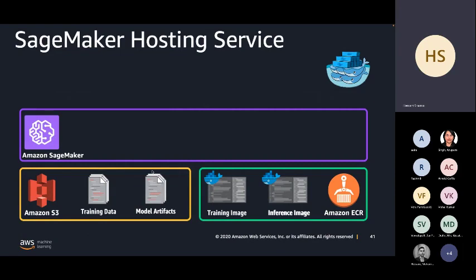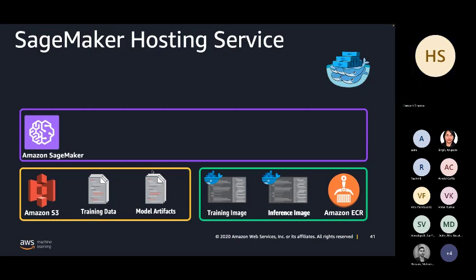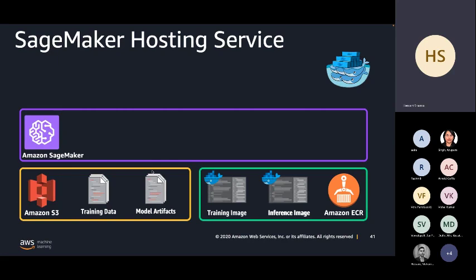In a similar fashion, you simply write two lines of code, model.deploy, and you provide the number of EC2 instances, the type of EC2 instance, and the roles required to create that cluster. The mechanism here is also the same. After the training, the model artifacts are now sitting in S3. So the moment you call your deploy object in the Studio notebook, which gets resolved through the Python SageMaker SDK, the model artifacts will be taken from that S3 bucket, and your inference images will be downloaded from the ECR,